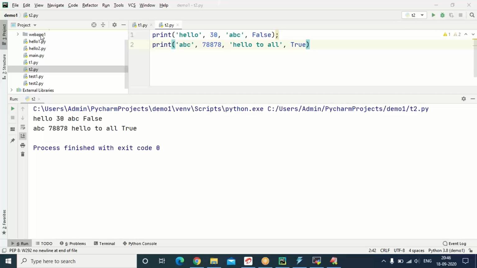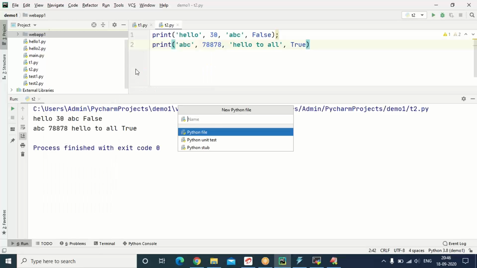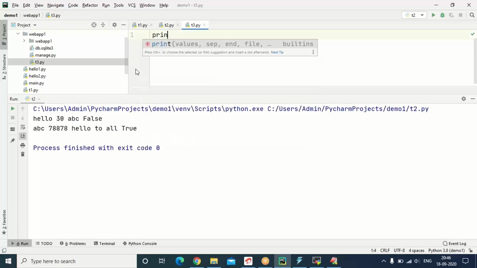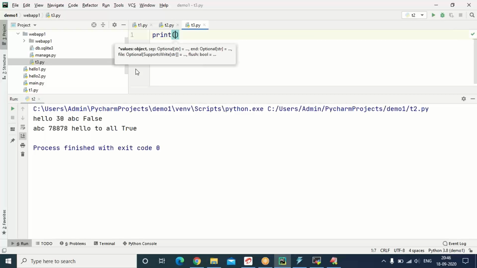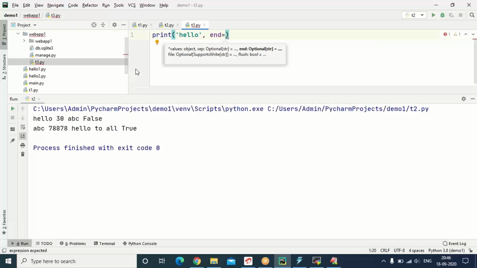Let us see another program. Go for T3. Print of hello, comma, end is equal to one space.